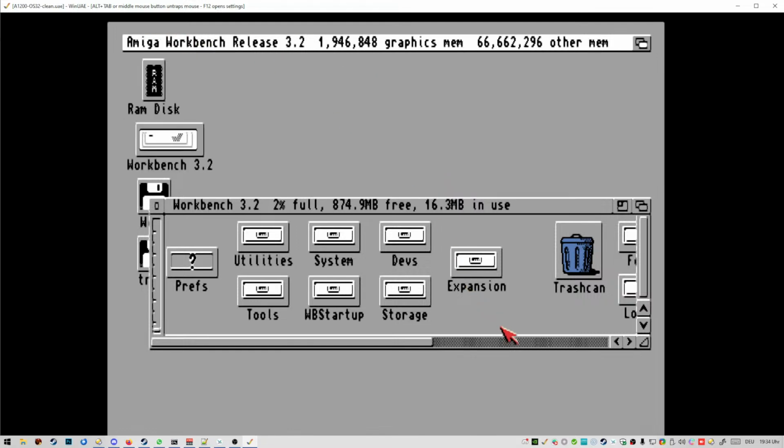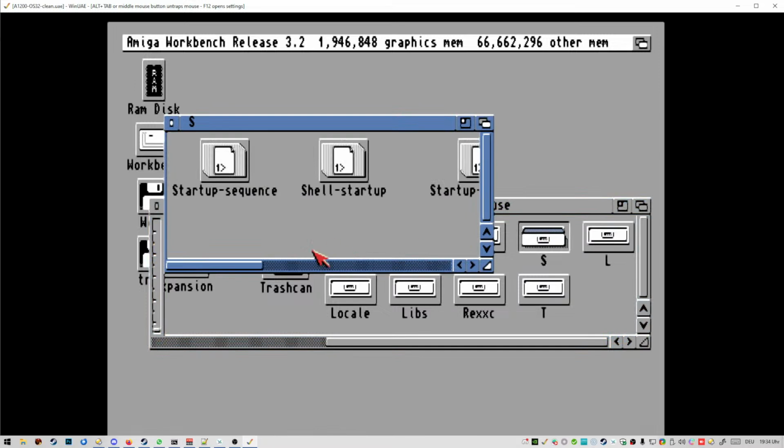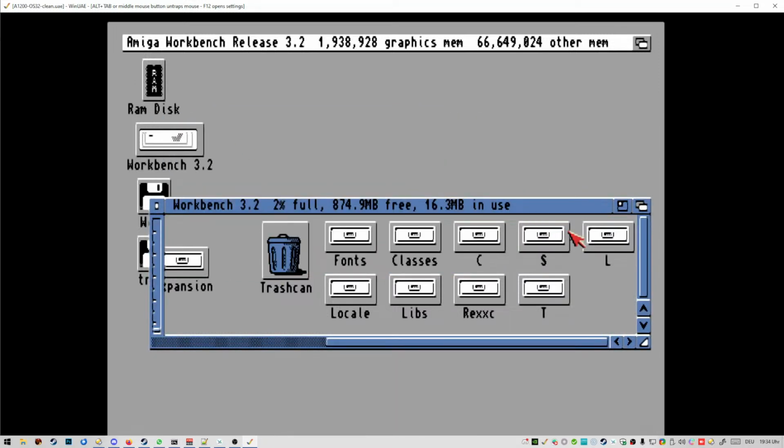So where else shall we have a look? Was it on S? No, there was one specific